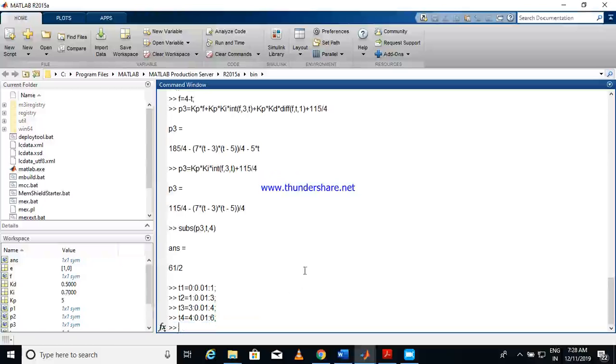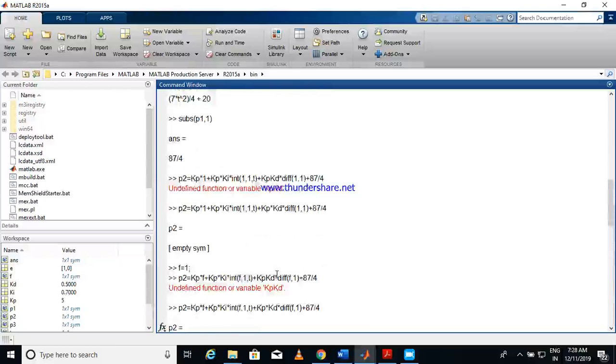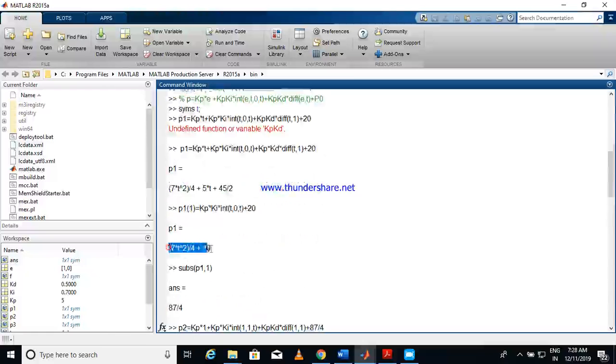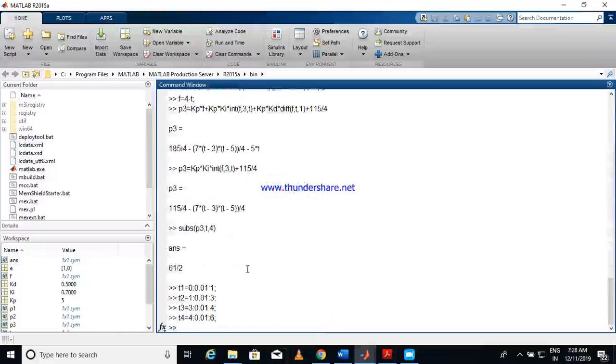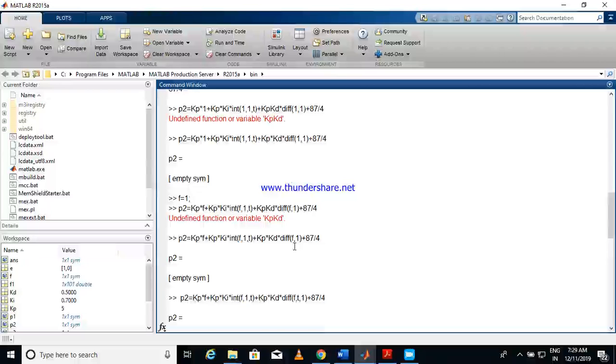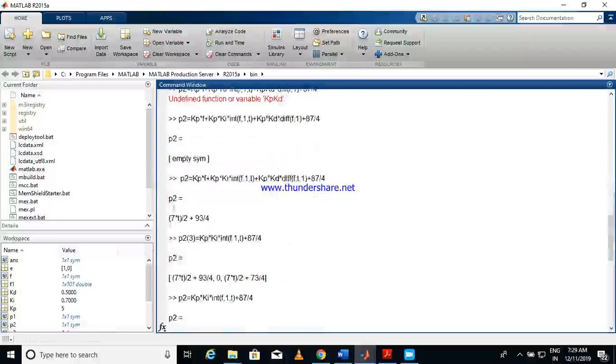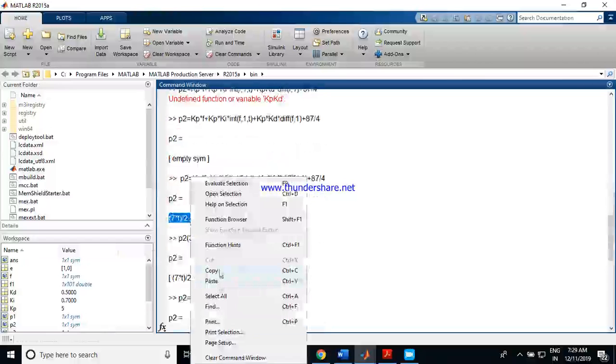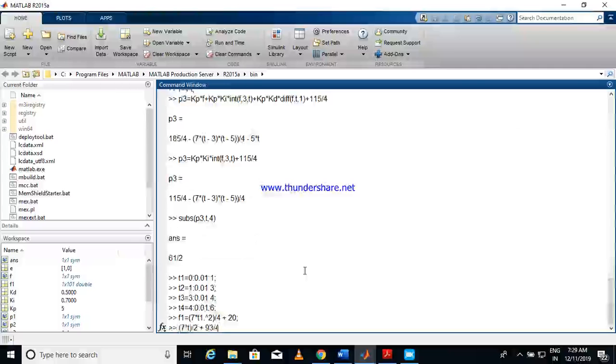Okay. So for the first interval, what is the equation we have got? For the first interval, your equation is this one. Okay. So here I am writing, this is my f1 is equal to, this is t1 square, this is my first equation. Now for the second interval, what is my equation? So my P2 is equal to, this is the equation for the second interval. Okay,